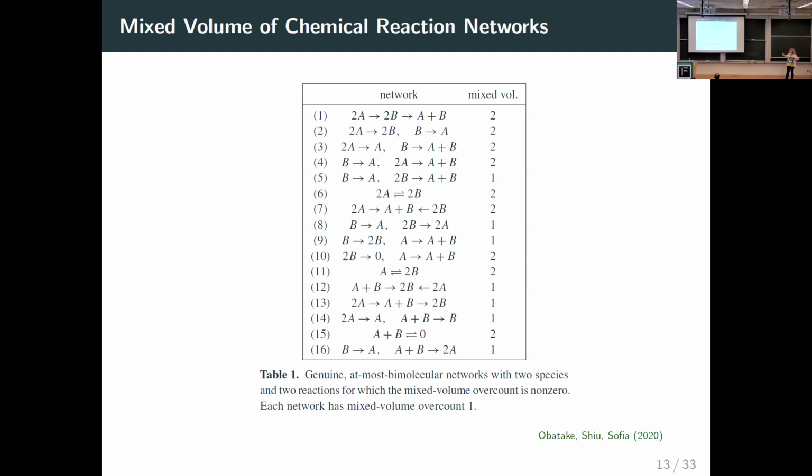I'm going to talk about a couple of families of networks that we know the mixed volume on, and some other work that takes it further, that I really wanted to give a shout out to. There's also another piece of work by Nida Obatake and Elise Walker on Newton-Okounkov bodies, and using that to bound the number of solutions. In that paper they look at the Wnt shuttle model, and if I just compute the mixed volume, I think it's like 56, but if I use this Newton-Okounkov body, the NOBody,